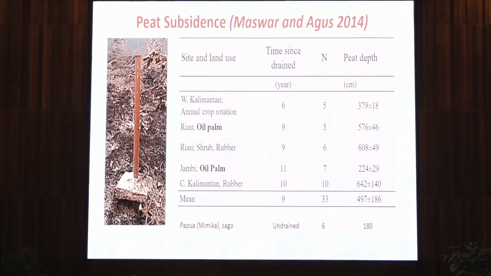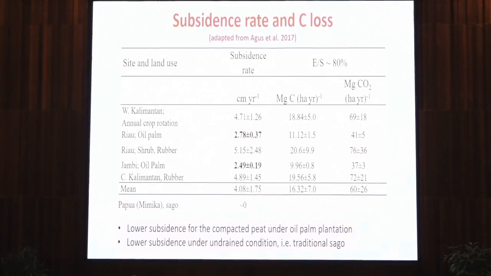And this one is the peat subsidence measurement. Dr. Maswar has installed about 40 subsidence poles, at different locations and different land uses. And the first 4 or 5 years of measurement came up with this result: the range of the subsidence is about 2.8 to 5.5 centimeter annually, and the subsidence under oil palm plantation is much lower compared to the annual crop rotation, shrub and